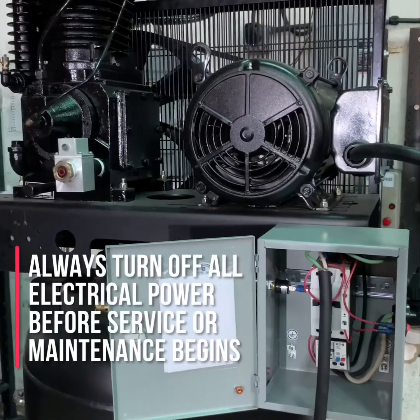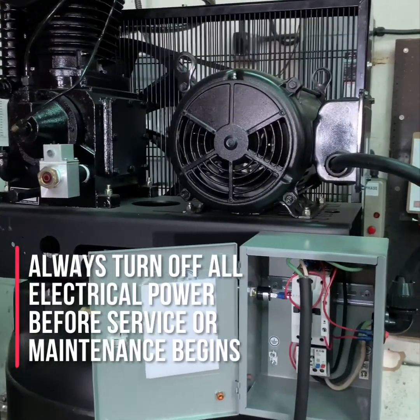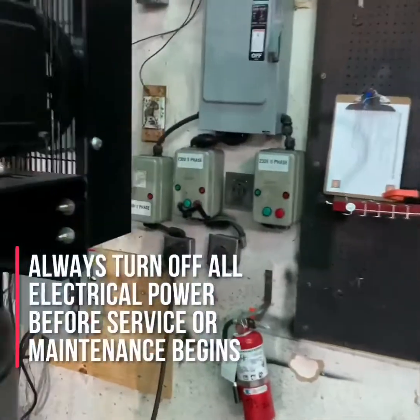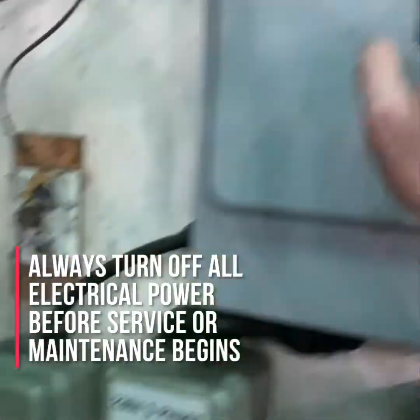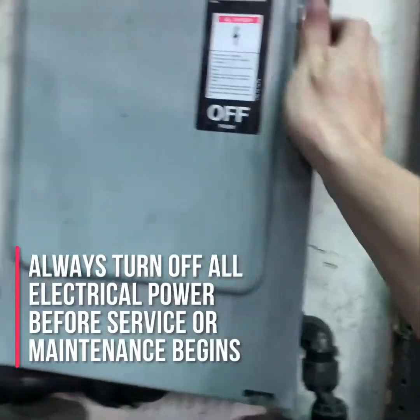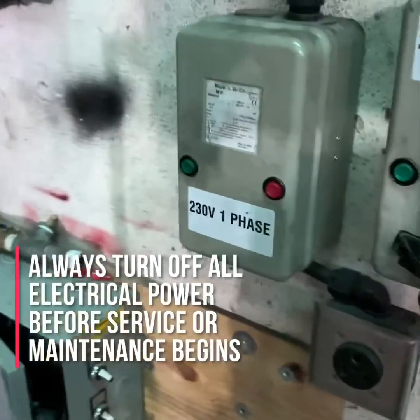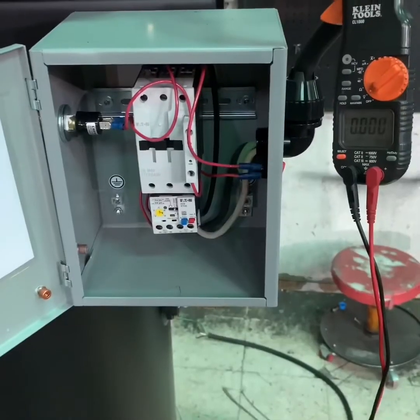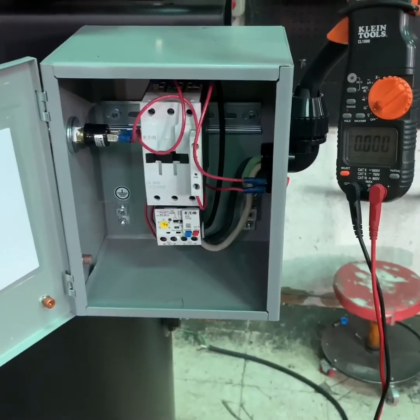The first thing you want to do before working on any electrically driven air compressor is to make sure the compressor itself is turned off, the power to the compressor is turned off, and if possible, that the air compressor is unplugged from the power service. Once you're sure that you've turned off the power to the compressor and disconnected any additional power